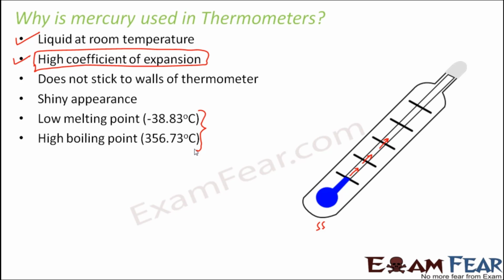However, in spite of so many advantages of mercury, there is one disadvantage which is being faced these days: mercury is very poisonous, and it is very difficult to dispose of if by chance the thermometer breaks. Therefore, these days a substitute for mercury has been found, and that is alcohol. A lot of digital thermometers have come up, and in a lot of thermometers these days, instead of mercury, alcohol is being used, because alcohol also has a very high coefficient of expansion, and at the same time it is not as poisonous as mercury.